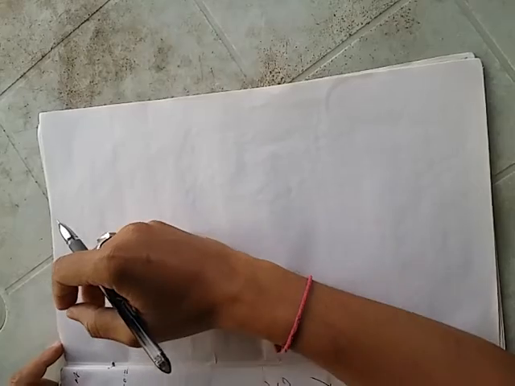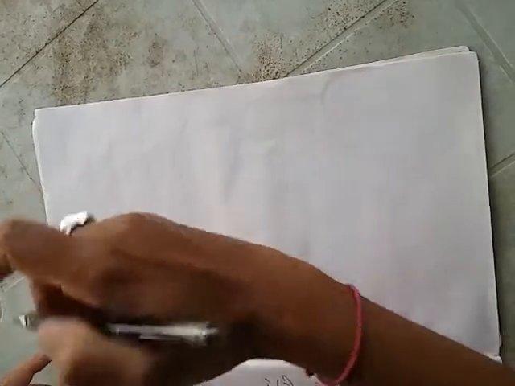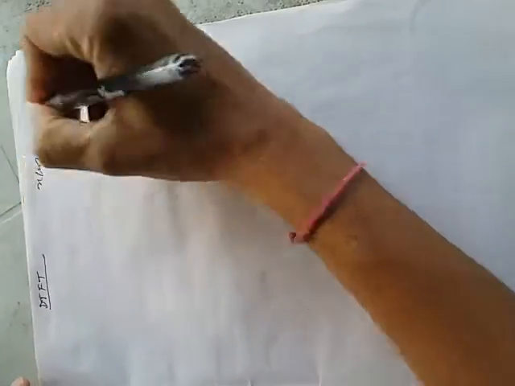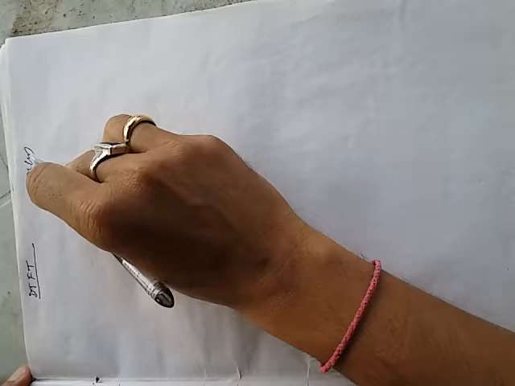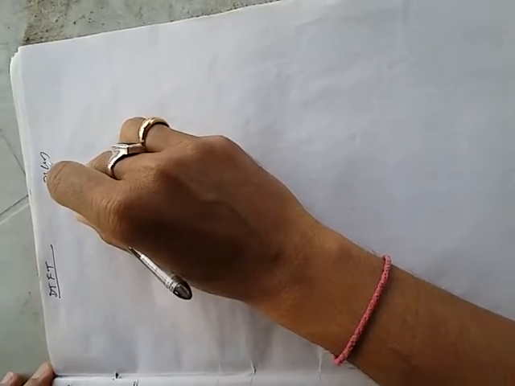Now today the topic is discrete time Fourier transform. So DTFT, right? What is the full form of DTFT? That is discrete time Fourier transform. So this is the Fourier transform of those signals which are in the discrete time domain, right? So the signal will be represented by x of n, where n is the discrete time index, right?